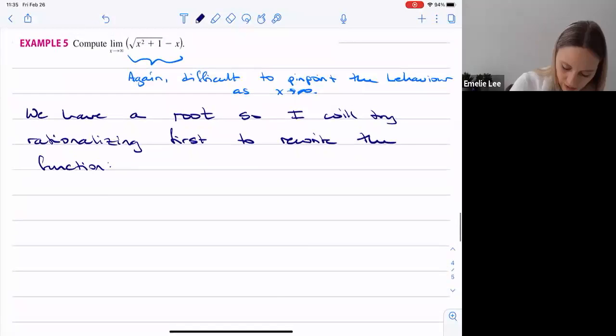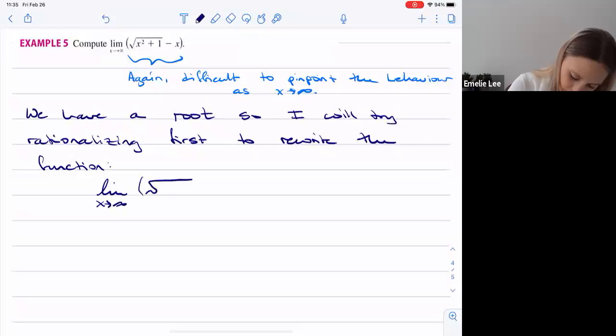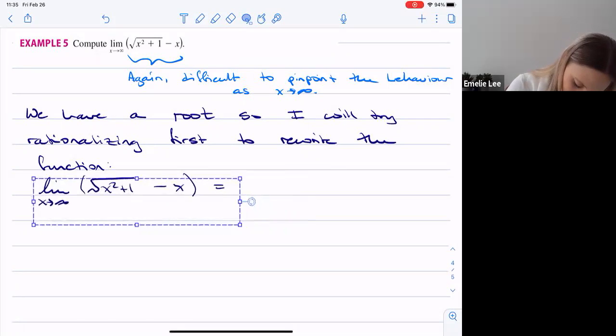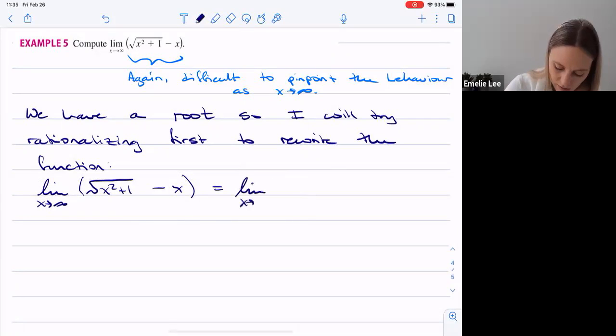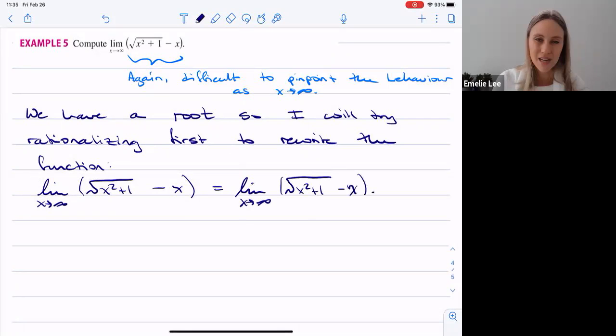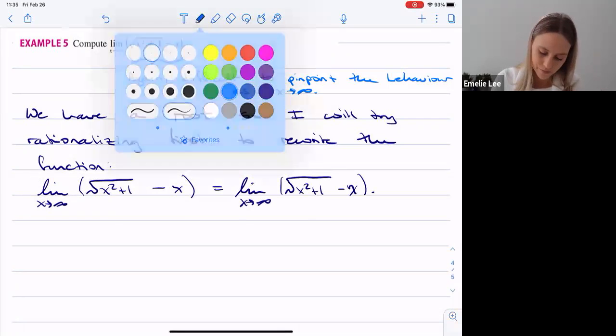Okay, so what I have is the limit as x goes to infinity of the root of x squared plus 1 minus x becomes, and I'm going to move this over here, the limit as x goes to infinity of the root of x squared plus 1 minus x times,